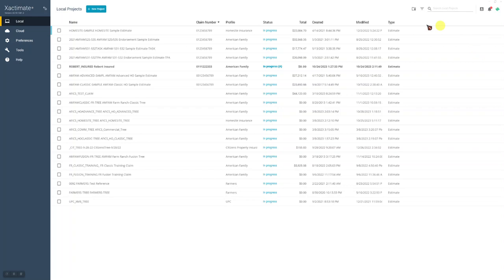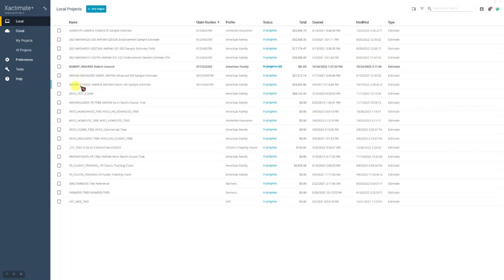Okay, so let's move from the upper right to the far left in this blue navigation bar. As we said earlier, we're in the local project list where you're going to be doing most of your work. But let's go to the cloud list. You'll see my projects, all projects. The cloud is a web-based instance where, when you complete a claim and you're using Xactanalysis to upload the claim